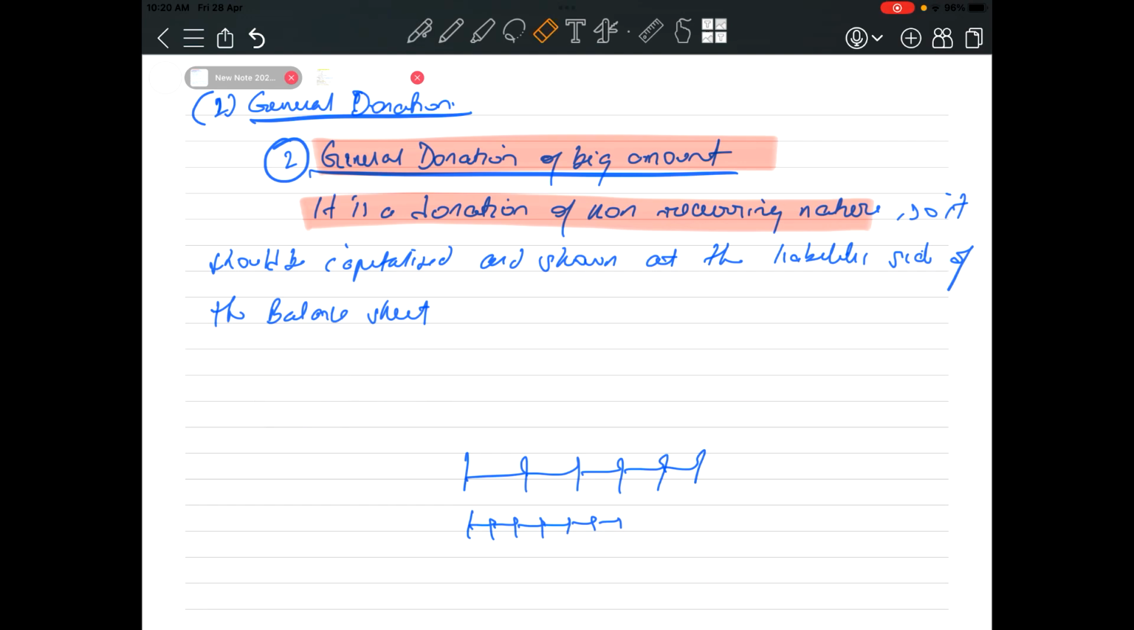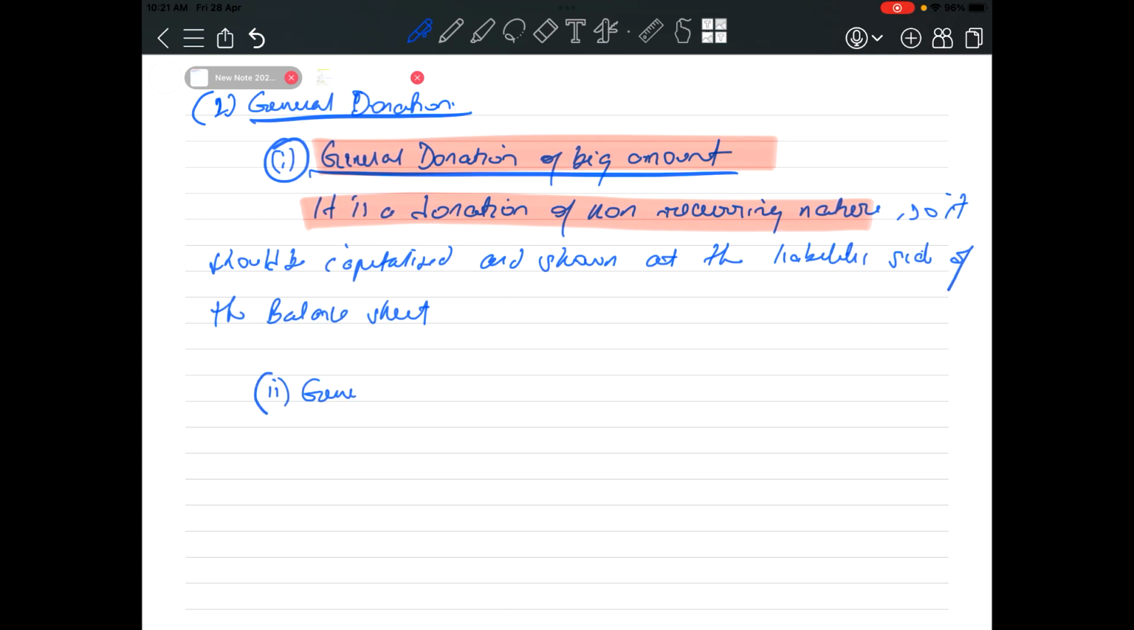Now this is again a capital receipt. This will also be called a capital receipt, and it will be taken to the liability side of the balance sheet. I hope this is clear. Now general donation, what is the other type of general donation? This is point number 1. Number 2,